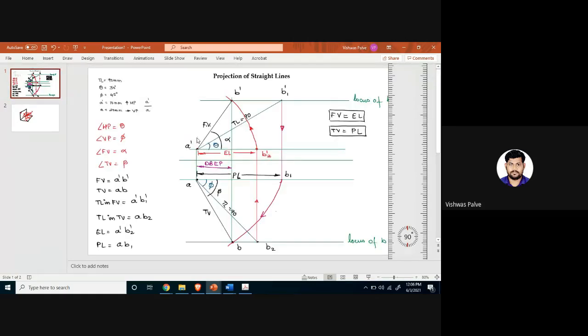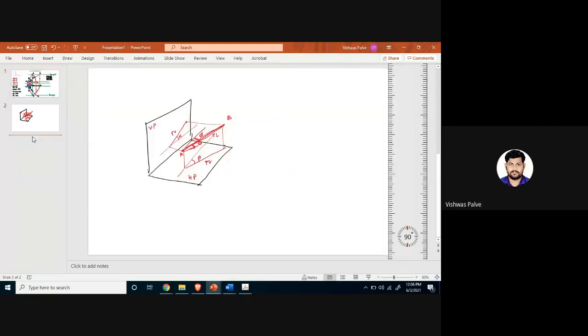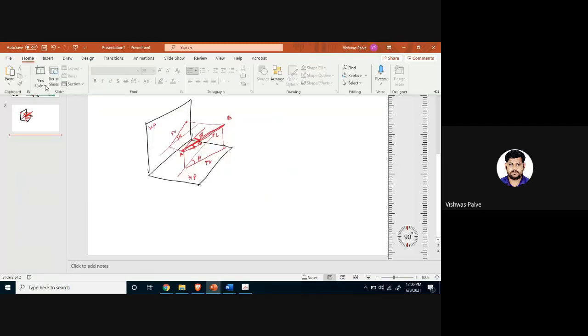This master diagram, you take a snapshot of this. Yes, please take a snapshot of this. You have to memorize this diagram, memorize these concepts, memorize this angle, every angle, each and every term should be known to you. Because what happened in this question, ये अभी हमको ये टर्म दिया था, राइट, TL, बट इसमें से कुछ भी और दूसरे टर्म्स भी आ सकते हैं. Any term they can give, instead of giving the true length they will give the front view length, right, they can give the angle, different angle they can give. So depending upon that, we should be able to solve the problem.